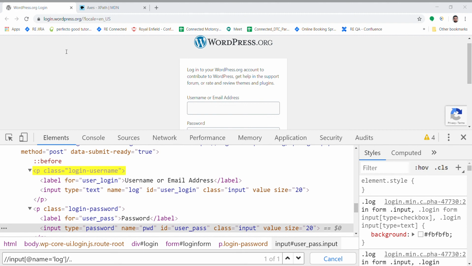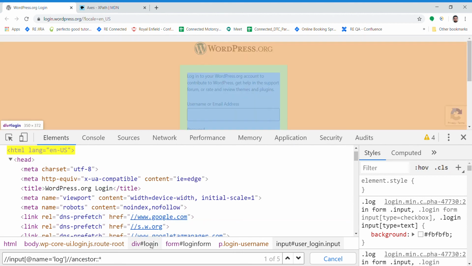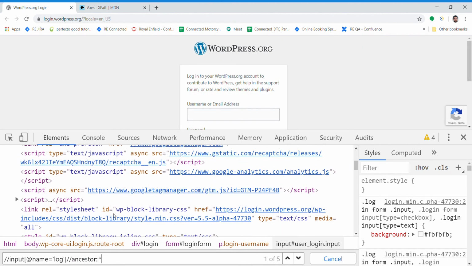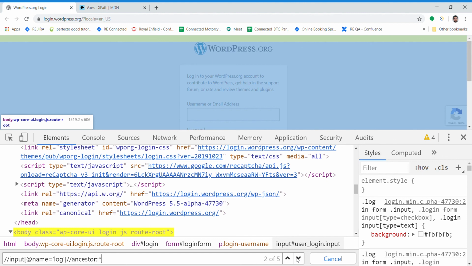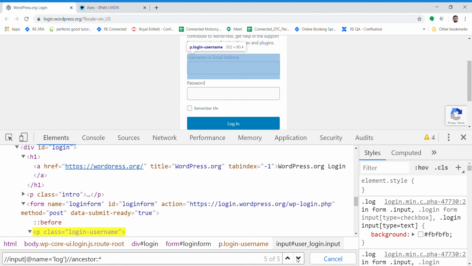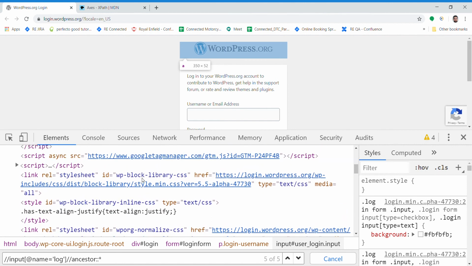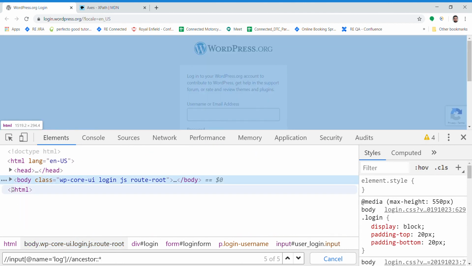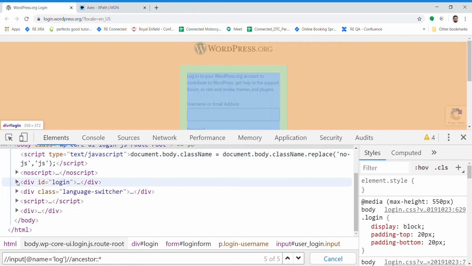Okay, now if you talk about ancestors, what all are the ancestors of this node? Use slash, double colon, ancestor, all ancestors of this node. There are 5 ancestors of this node, and we can find them. The first ancestor is the root node, second is body, third is this div login, fourth is this phone, and the fifth one is itself, right? So this is how we can find the ancestors of this node. We can also find them manually. Let's see if we can find out.